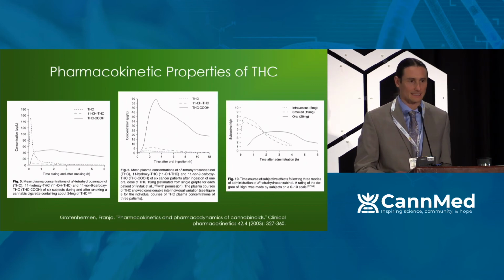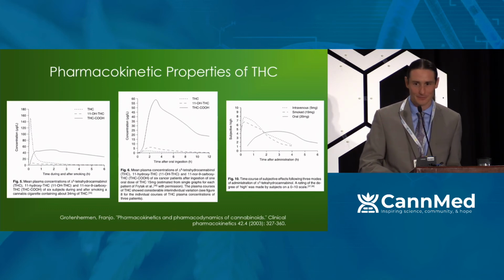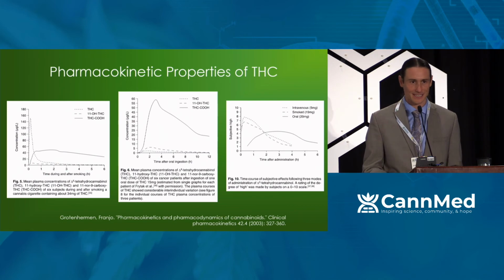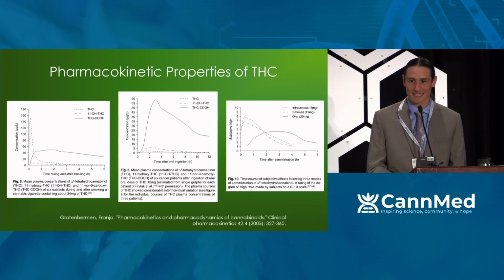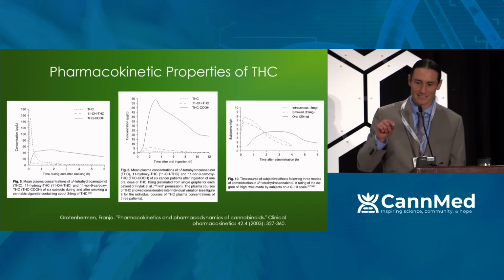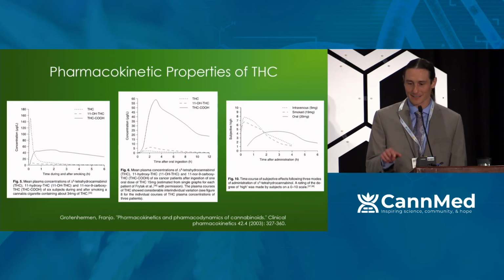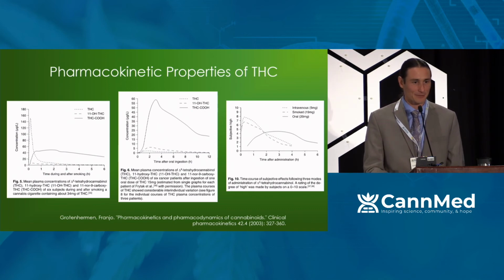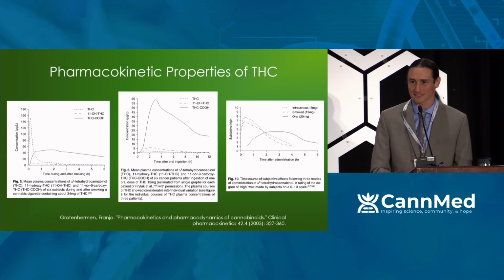But what I'll say is that the blood levels of these compounds don't correlate directly with the clinical effects. And a really good example of that is when people inhale THC, their peak blood level of THC occurs at a different time than the peak psychoactive experience. When they're peaking psychoactively, their blood level has already dropped. And so you could give someone that tiny little bump of THC you see in the bottom of the middle chart there, and that might feel stronger than what you're seeing over to the left as far as a psychoactive effect.